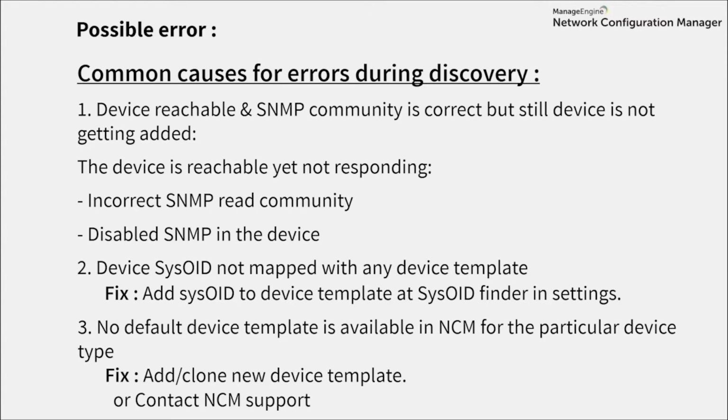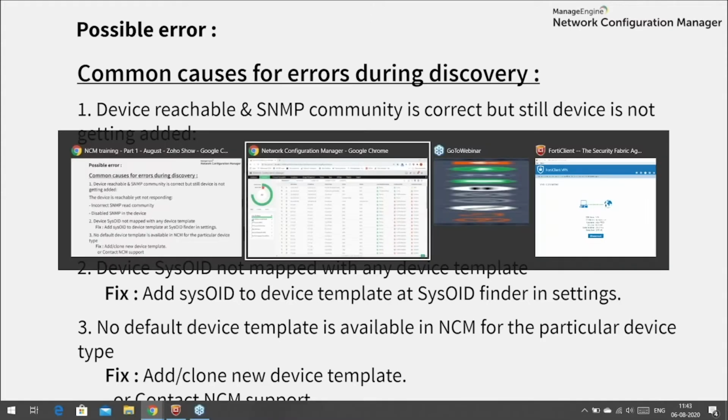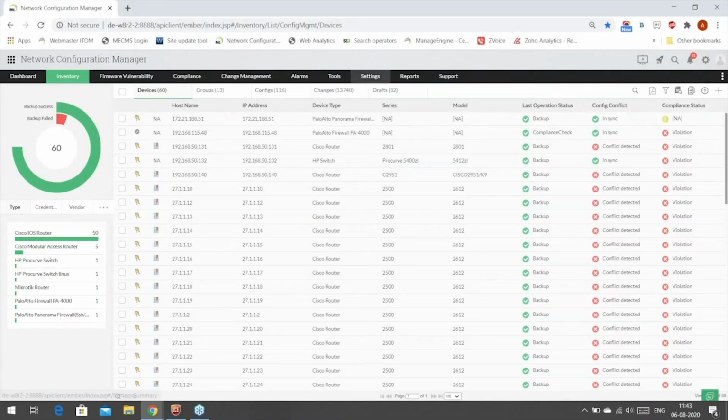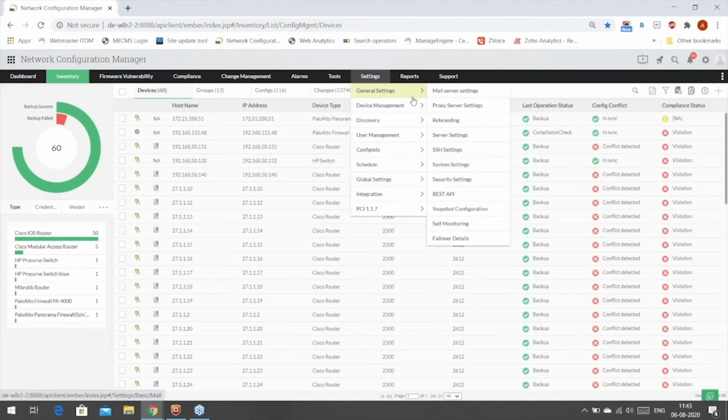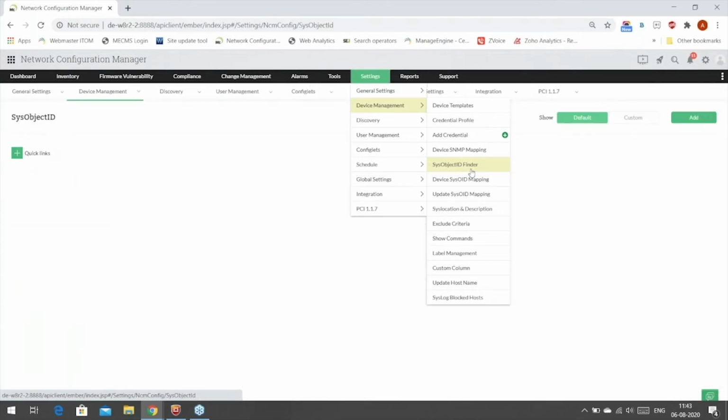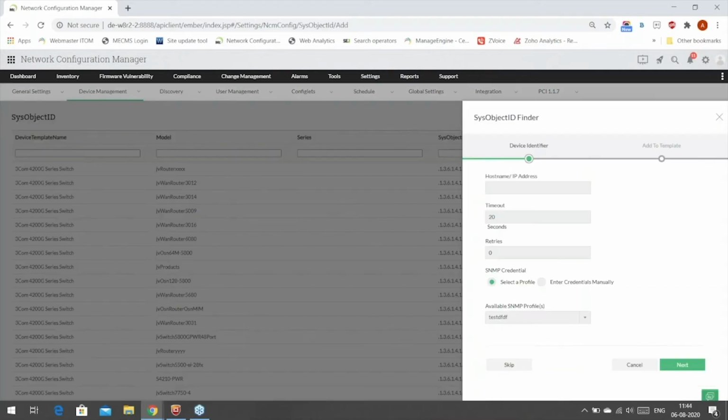About the sysobject ID finder in settings, all you have to do is go to settings here, go to device management, go to the sysobject ID finder here. Click on the add button here.